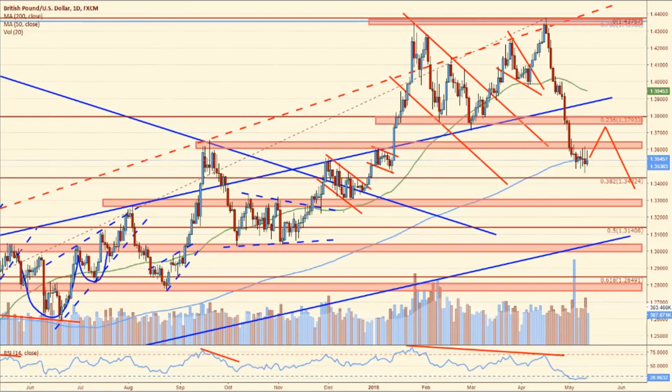Now, as far as economic data goes, if you're trading the Canadian dollar, CPI on Friday is going to be probably a market mover. And I will talk about the Canadian in a second, because I want to show it to you, because this week on the 17th, an agreement is expected in principle for NAFTA between the U.S., Canada, and Mexico. So whether or not we reach an agreement in principle, or things get pushed back, or there are still some sticking points, it could be a very volatile week for the Canadian currency.